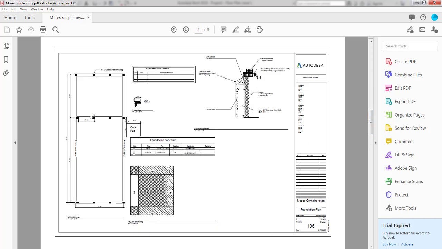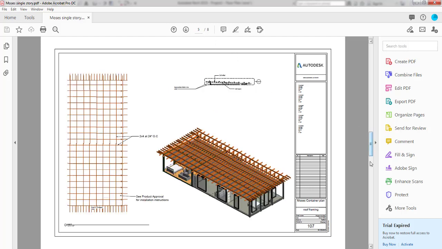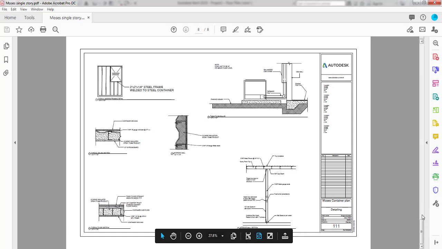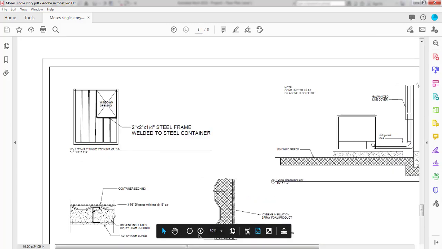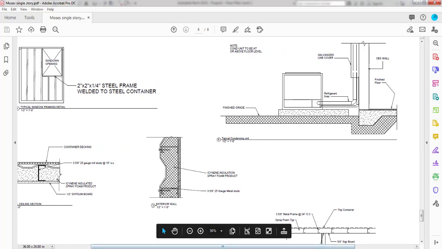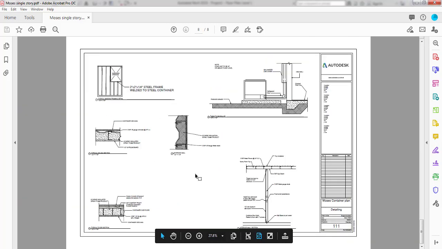As you guys can see, the detailing, all of this was done in Revit, and all of this was done using the commands that I just showed you guys. And like I said, this is the icon I'm trying to show. Detail lines were used to create this pattern. This is the region command that I just showed you guys. Two options were used, detail line and regions, to create all of the detailing that you guys can see in this PDF. So yeah, that's pretty much it for this video.